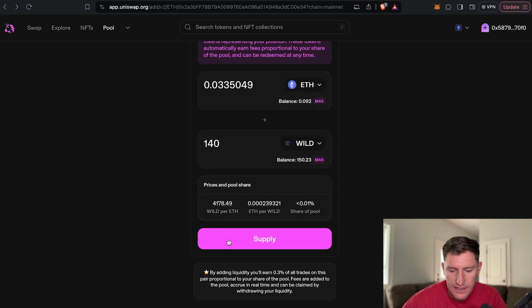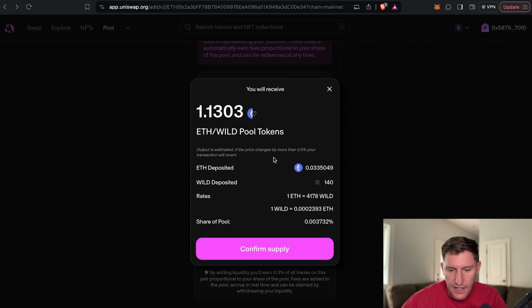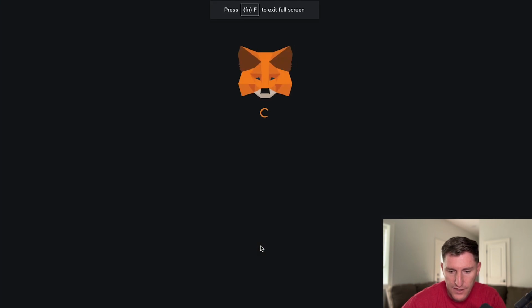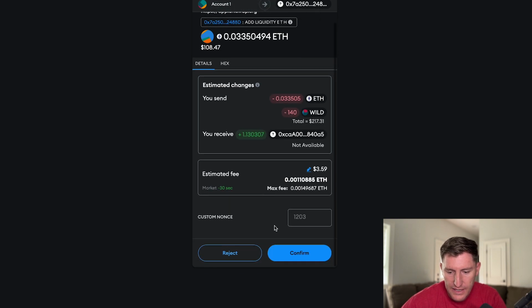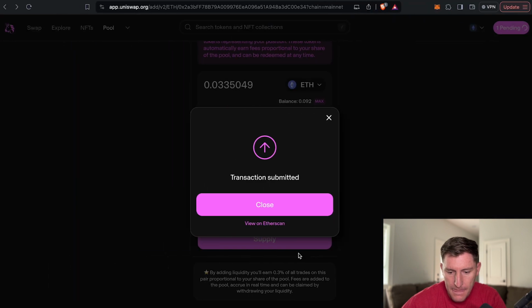Then you hit supply. What it's going to do is provide 1.1303 pool tokens. And so then you say, I'm going to confirm this. So we're going to confirm. And then here we're going to accept the transaction. Confirm. Now that we have our liquidity pool tokens, we're going to want to go over to the Wilder World